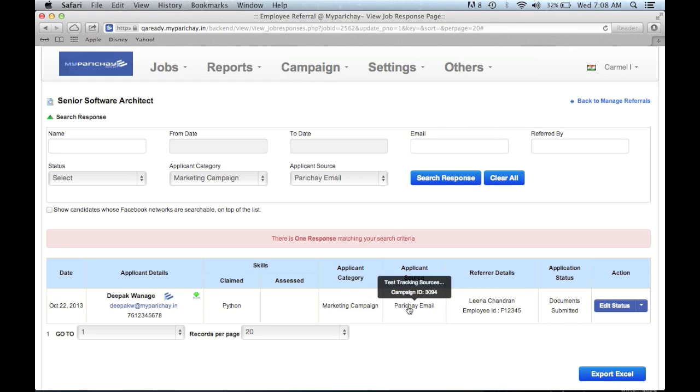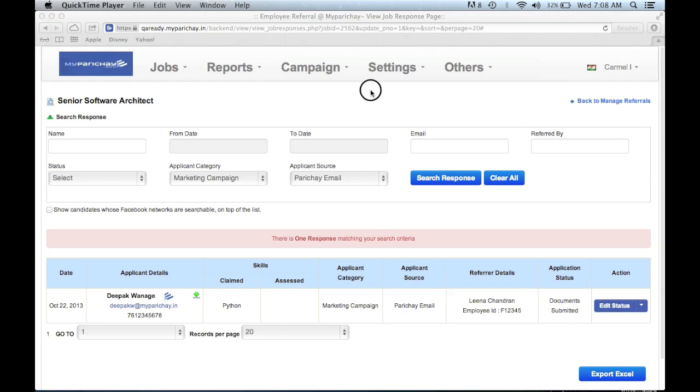Parichay email. When you hover over this Parichay email, you will notice that the campaign name is listed along with the campaign ID, and this is where you would have entered test tracking sources as the campaign name, and the campaign ID is automatically generated by the system. So we can always track every candidate for the source of their candidature. Now, if you would like to know what was the detailed category listing under this job,